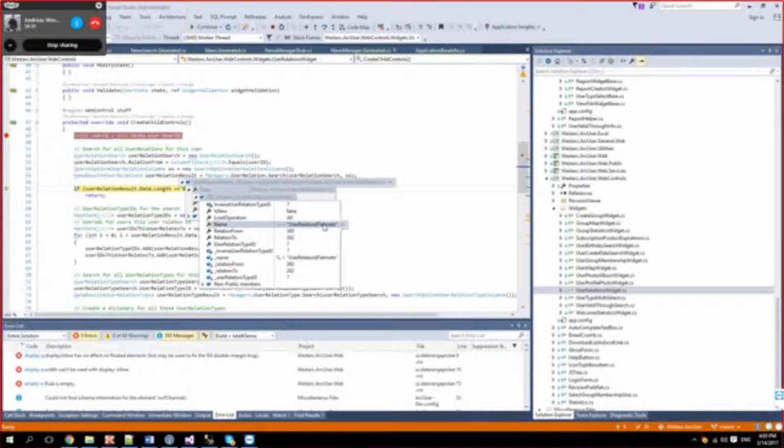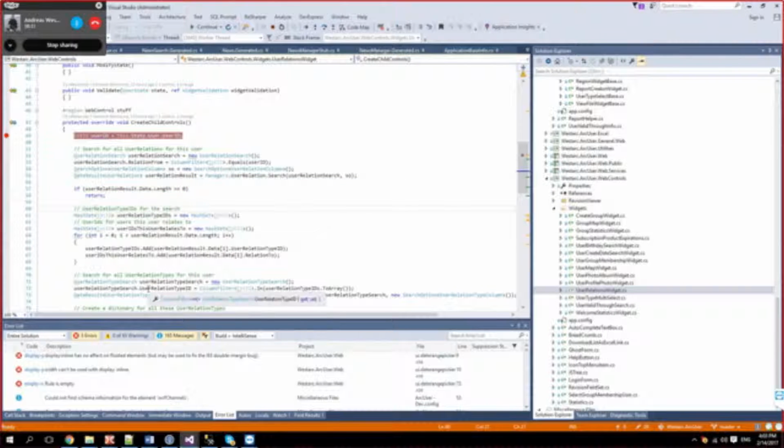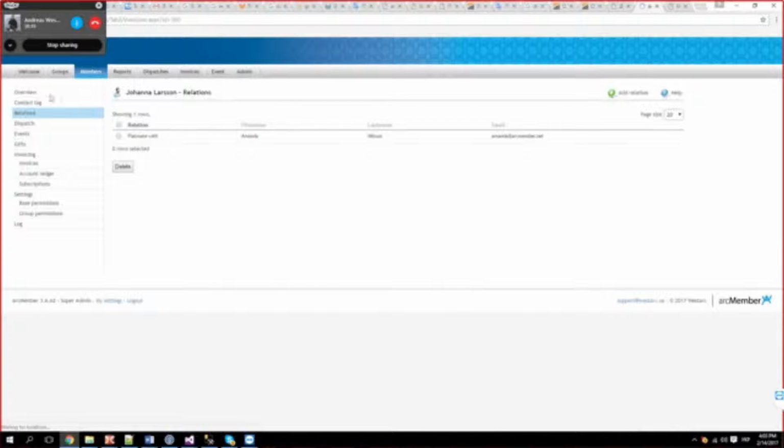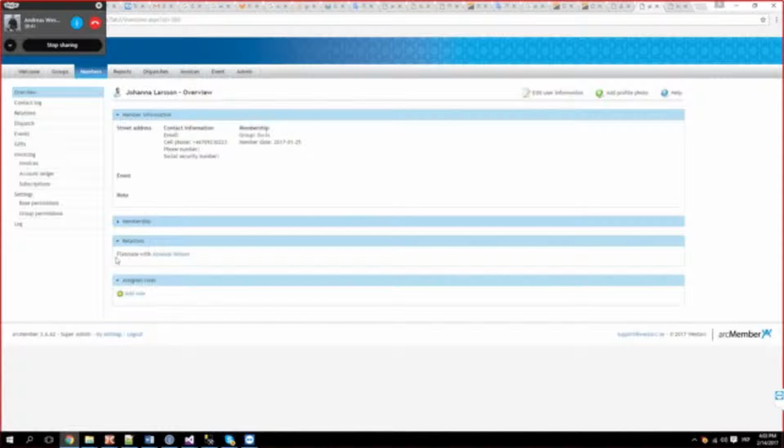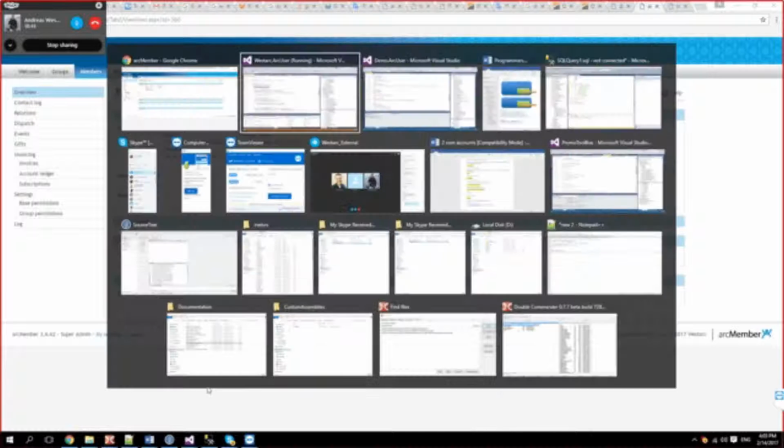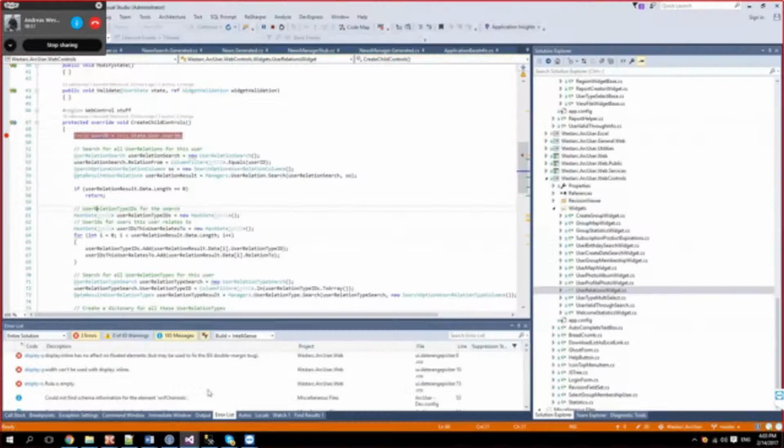We've got a flatmate relationship between Johanna and Amanda. So there it is. Nice. Looks nice, yeah, thank you. Even though it's sort of old.